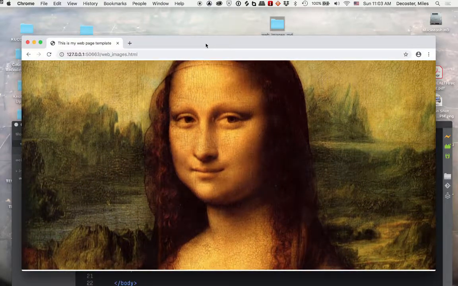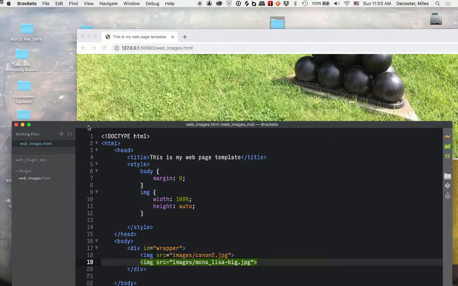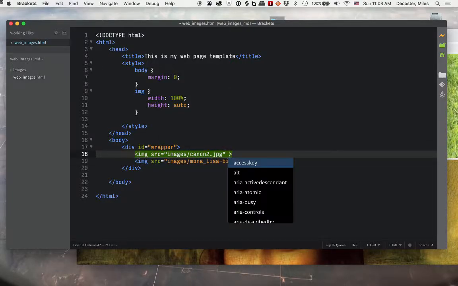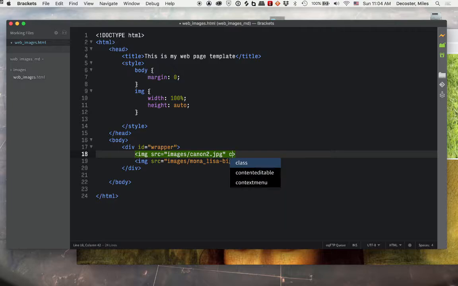Notice also that in our code here, because I set the width to 100%, it applies to all images, because I'm just saying, style image tags this way. If I wanted to have these images display at different percentages or resolutions or something, there are several ways I could do it. One is I could add a class,